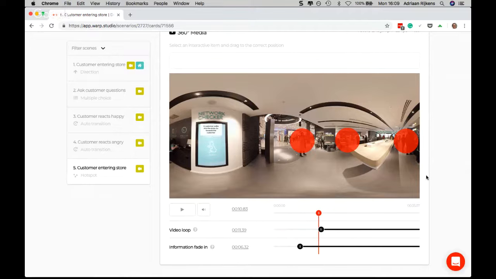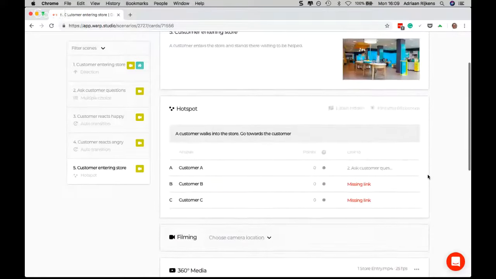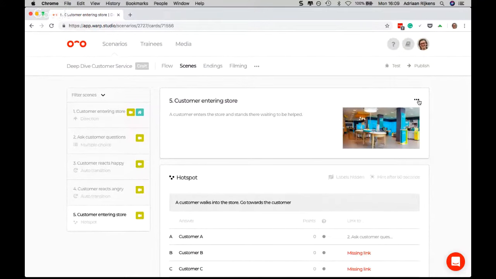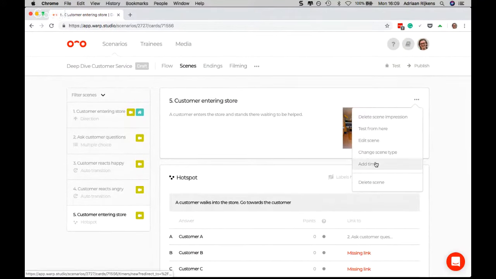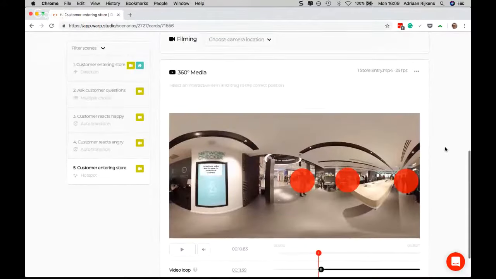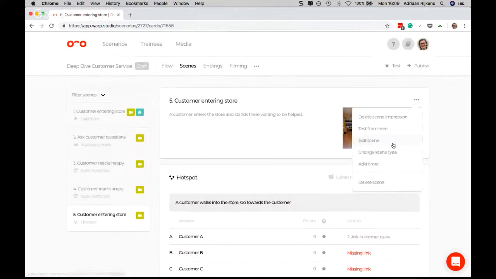I want to discuss another point, and this is something you can add to any scene, but let's stay in this hotspot, and that's the timer element. The timer element is actually there for if you do not make a choice, because not making a choice is also a choice of the trainee. So let's say in this scene, a customer walks into the store, the customer is waiting to be helped, and at some point the customer leaves. So what you do in that situation, you can use the timer and say that after, for example, 30 seconds,